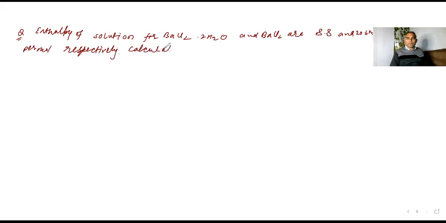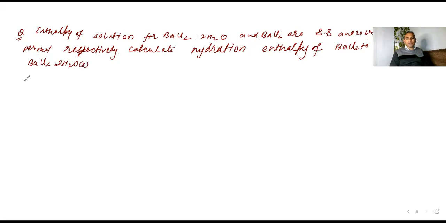Calculate the hydration enthalpy of, better you write this one, calculate the hydration enthalpy of BaCl2 to BaCl2·2H2O (solid), they are talking about. The options they have given: option A is minus 29.4, B is 30.4, C is minus 34.4, and option D is minus